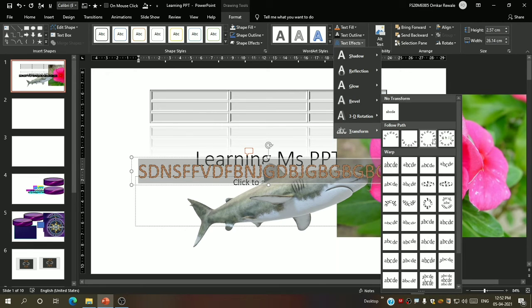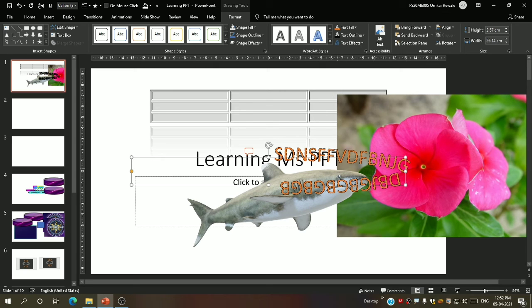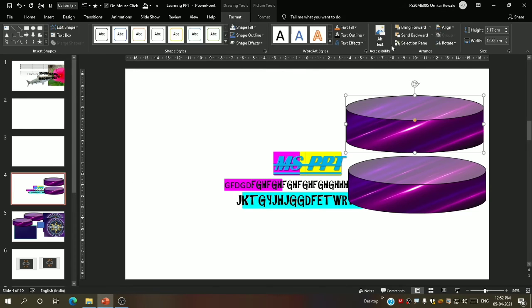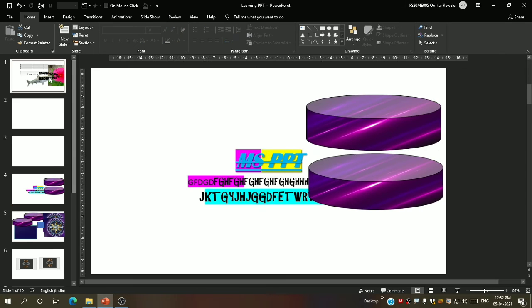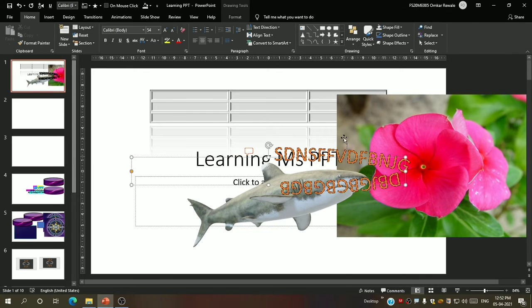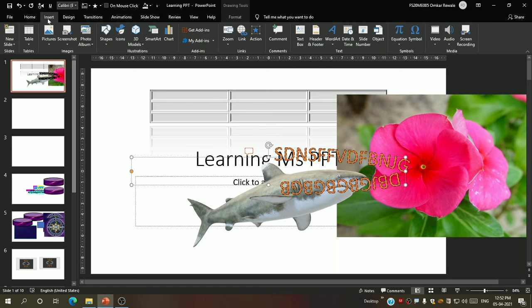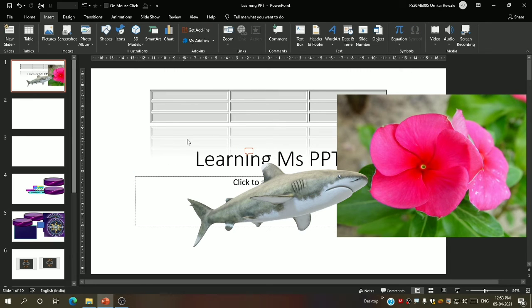We have seen this, right? We have seen all this. This is very similar to the shape formatting, as we gave the shape fill, shape outline, shape effect. It is very much similar to that only. We go again in insert. Let me delete this. To delete, select the text on the border, then press delete.